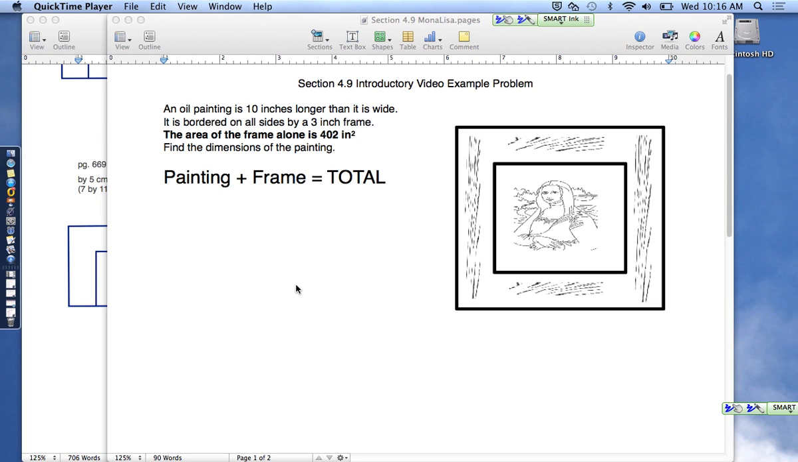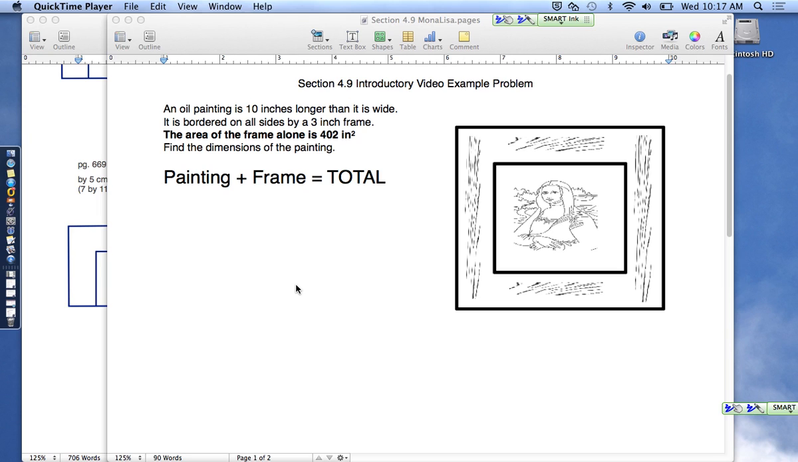Okay, these are notes for section 4.9, and this is one of the problem types, and I'll just call it the painting plus the frame equals the total. And the problems are all the same. It could be a swimming pool with a deck or a park surrounded by a walkway, but it is a problem where you have something on the inside, a border around the outside, so you're calculating the area of the